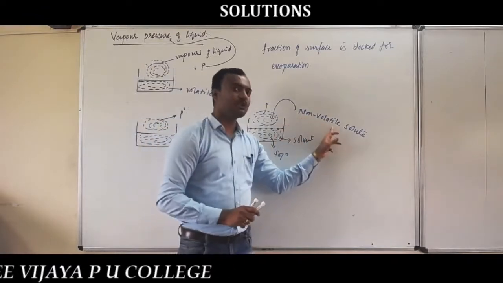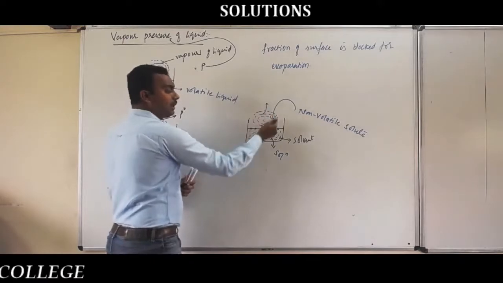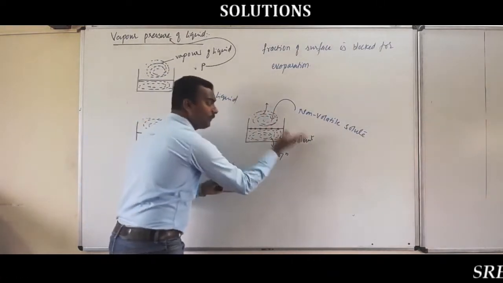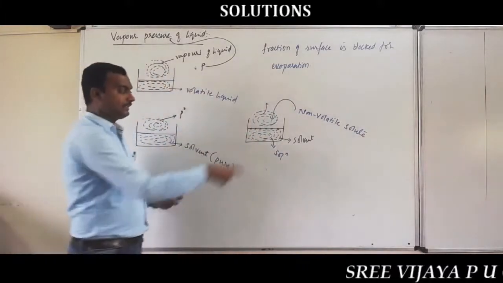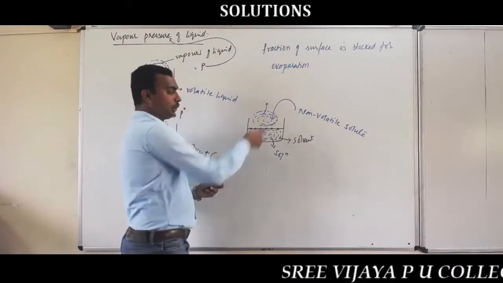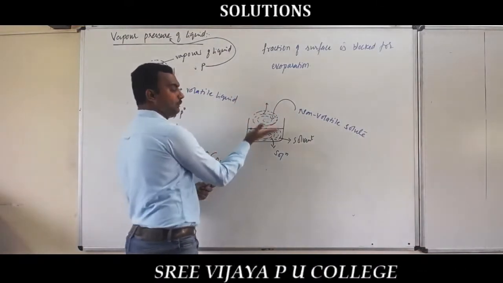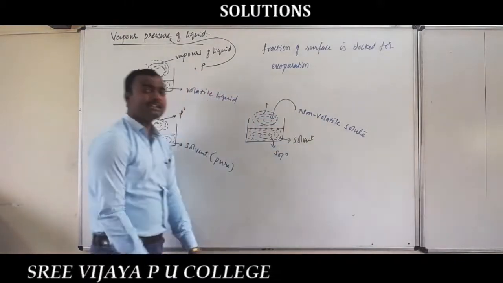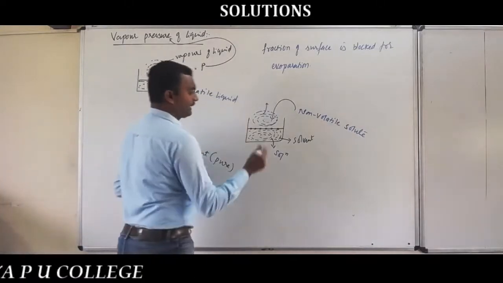Remember, the solute is non-volatile, it does not evaporate under any circumstances. So therefore, all the vapors coming here are only solvent. But the solvent vapors are coming from where? Solution. So therefore that vapor pressure, the number of vapor molecules, is very less above the liquid surface or above the solution phase. Because non-volatile solutes occupy the surface or replace some solvent molecules, that pressure exerted by